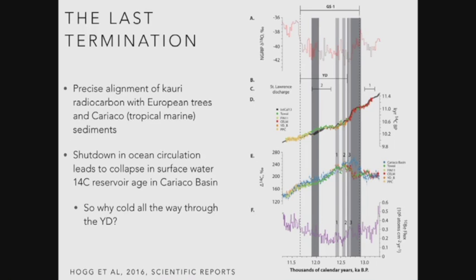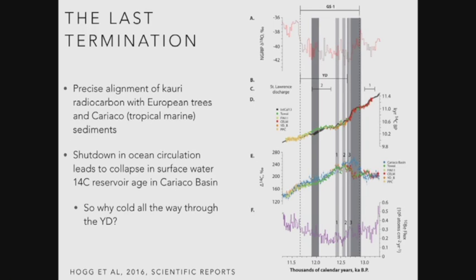The ice cores have got various dating issues. They're brilliant, but there's dating uncertainty. But can we actually then compare them? We're very fortunate that there's another record called Cariaco Basin. And Cariaco Basin is a marine record. It's marine sediments in the tropical Pacific. And if you look at this panel here, panel E, the blue is the radiocarbon ages in the surface waters of Cariaco Basin.